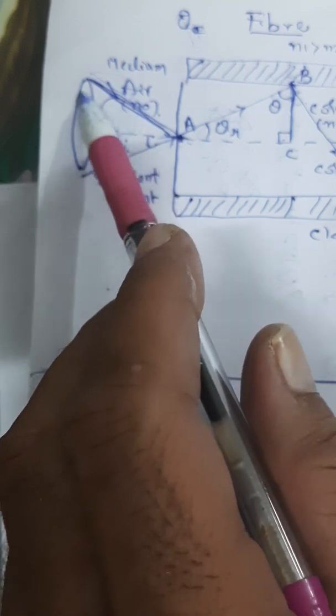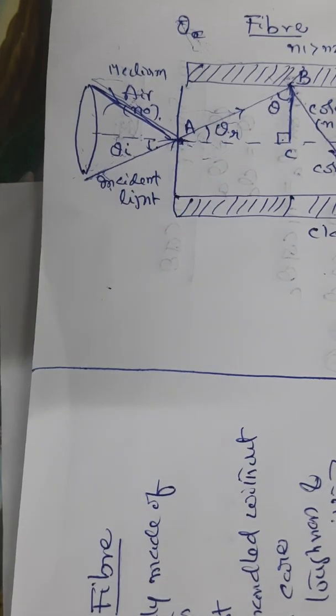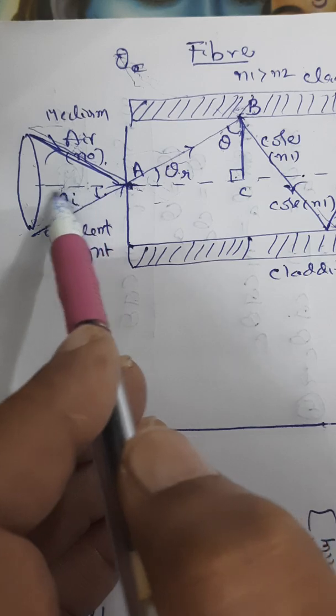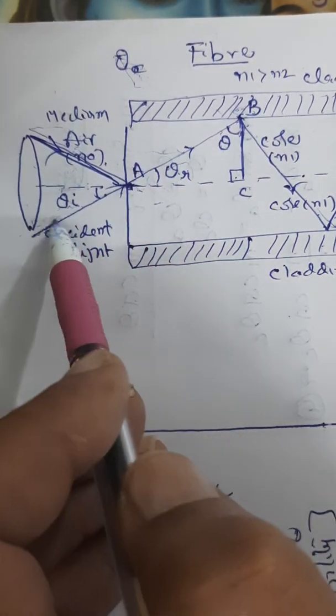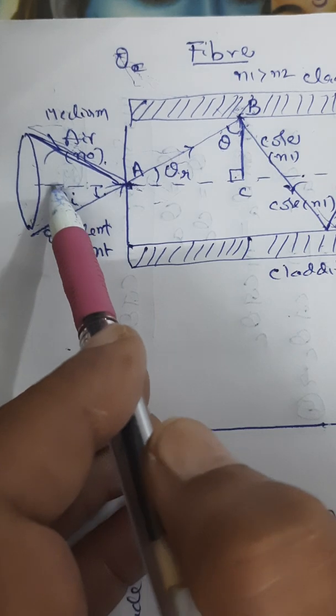Now when you rotate the acceptance angle theta A about the fiber axis, we get an incident cone with a semi-vertical angle theta A. This incident cone, light cone we can say, at the core of an optical fiber will be accepted by the fiber for guidance through it, and this is what is known as the acceptance cone. Clear? That means this cone will act as something like an entry point for the light. So what we call an aperture will have a numerical value.